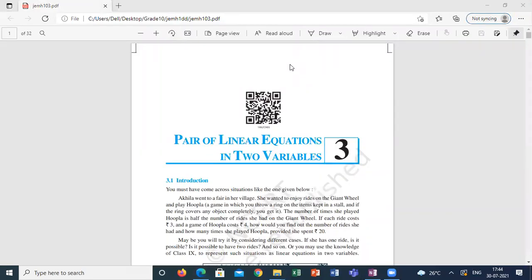It's a quadratic equation. Then what is a polynomial? A polynomial is like a simple statement, but an equation is